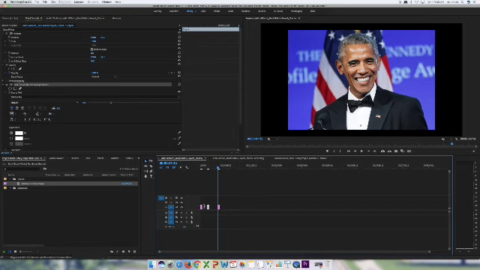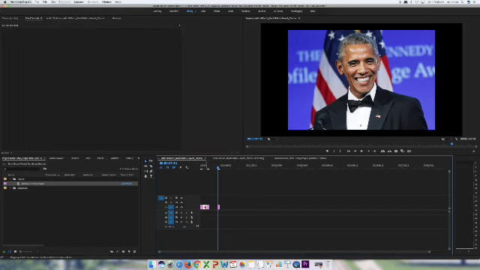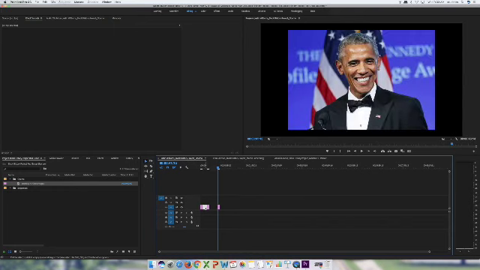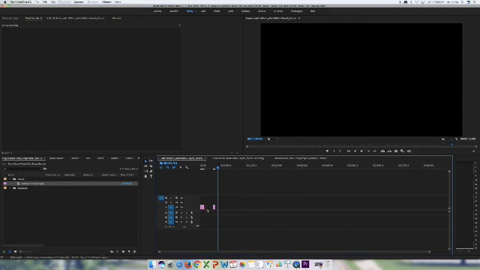So the next thing that I'm going to do is I'm going to click between these empty spaces. Right, it turns white, and then I'm going to delete. If you notice, after I clicked it, I hit delete on my keyboard, and then it snapped or popped over to this other side. So that's the same thing that I'm going to do right here. Hit delete, and it's going to pop over. All right, so now that I have all three clips touching each other, the next thing that we'll do is